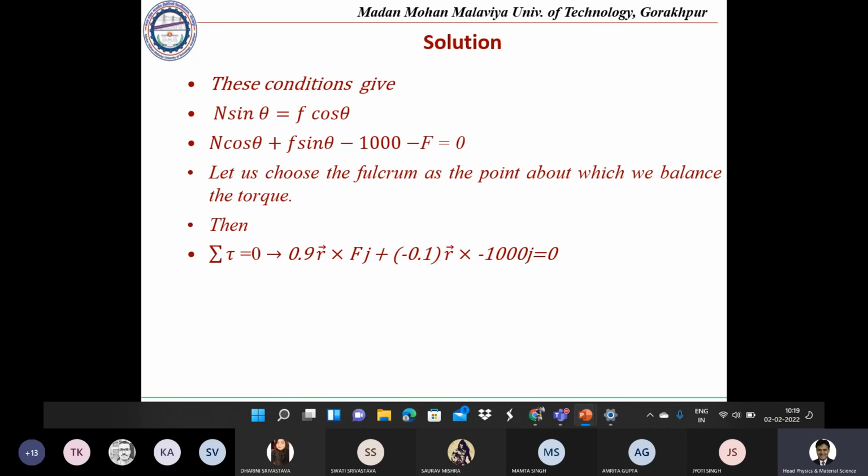Here 0.9 r, means 90 centimeter, we have taken and multiplied by the F force. And similarly, इसमें एक चीज छूट गया है, माइनस होगा इसमें, माइनस 0.9 होगा और दूसरे वाले में दोनों माइनस होंगे, and when we equate it to 0,